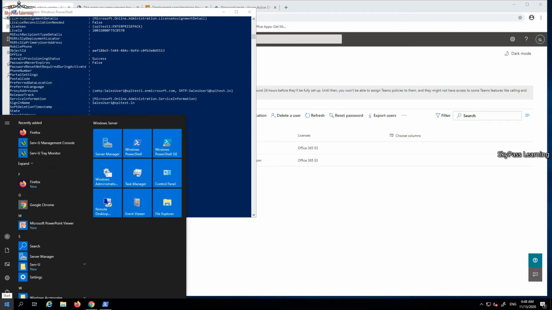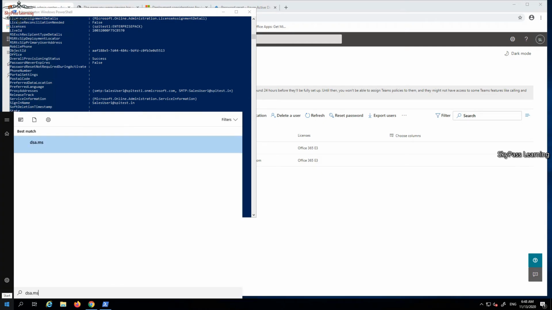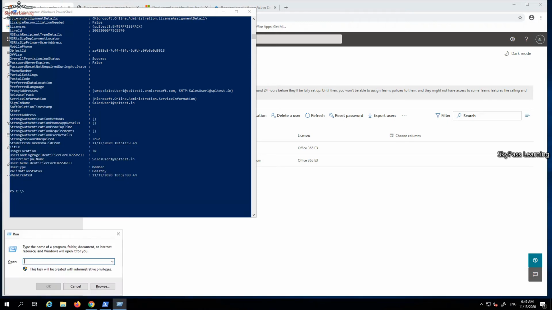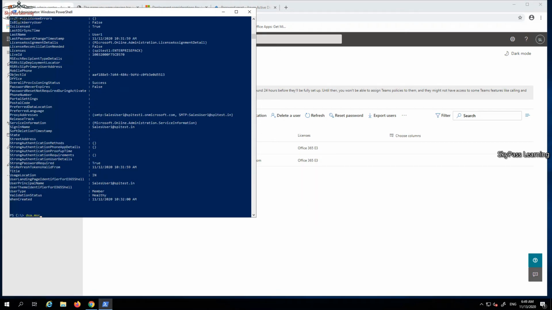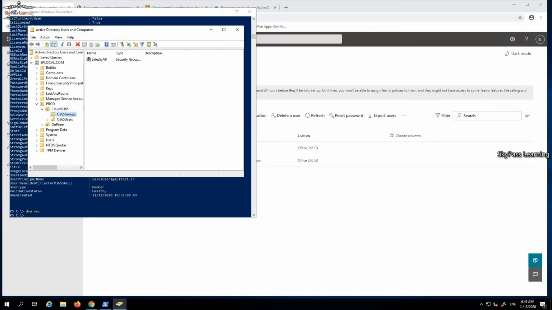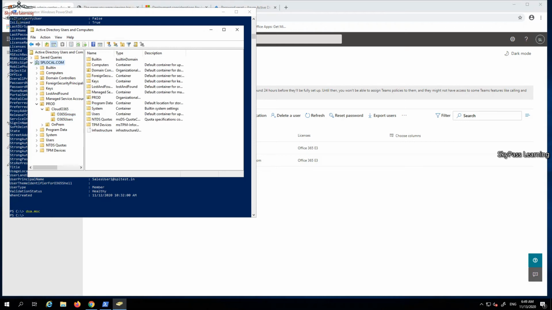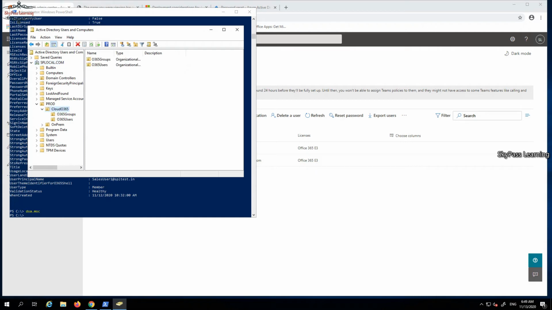Let me open my Active Directory Users and Computers. So what I have on premises right now: this is my domain, splocal.com, my on-premises domain, where I have an OU as cloud users.